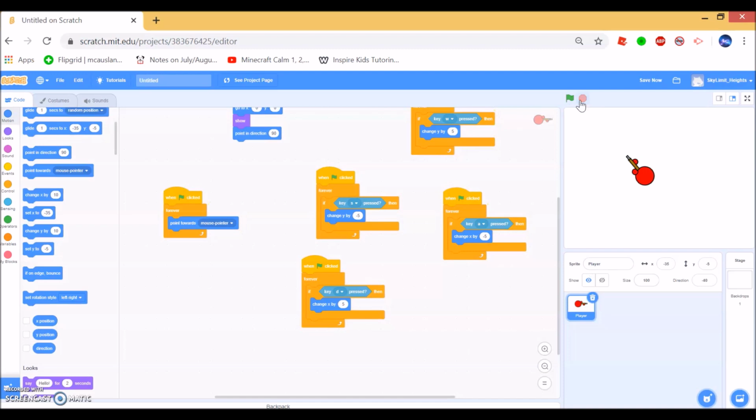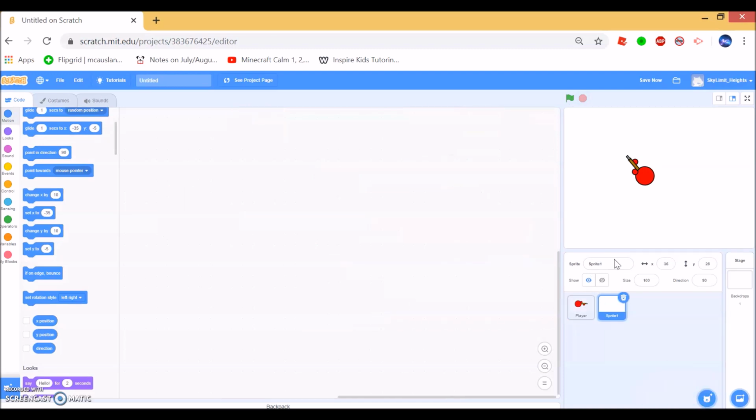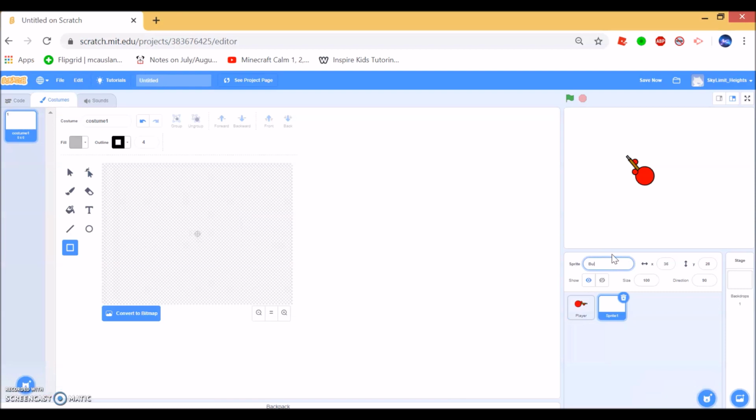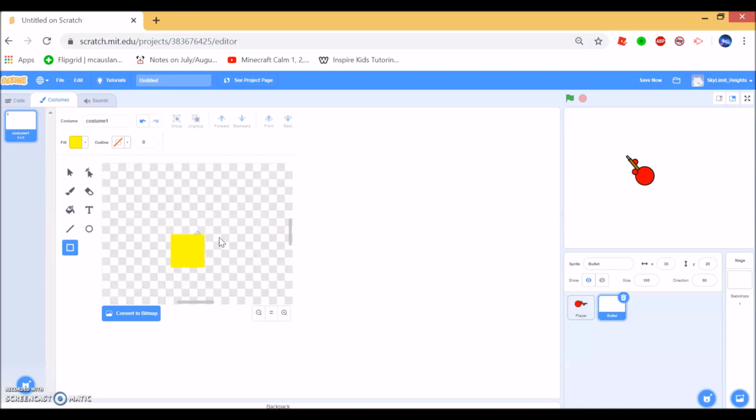So let's go ahead and script the bullets. I'm going to create a simple sprite, bullet sprite. Make sure you're using rectangle because from past experience, I've learned that using the line tool is not good because Scratch has some glitches there. So just go ahead and use the rectangle tool to create your bullets. I'll just be creating a simple rectangle bullet,